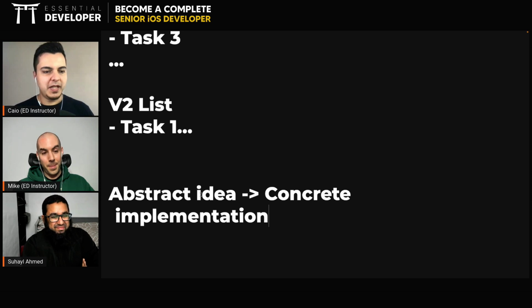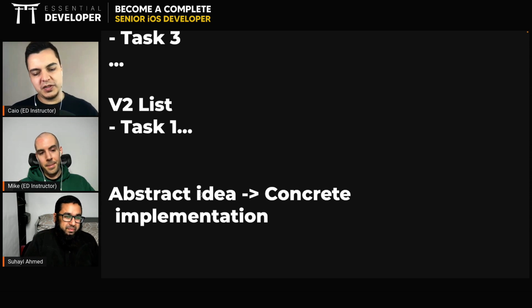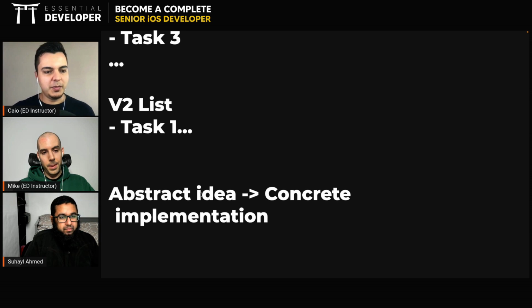And now 3 weeks passed, and you're stuck in something. You still haven't released the feature because you're just now dealing with framework complexities, right? And you also will design your code in a way that says, okay, I want to add caching, but it's not in my V1 scope. Thus, I'm going to design my code in a way that is going to be easier to add caching later in V2. But I will release V1 without caching.